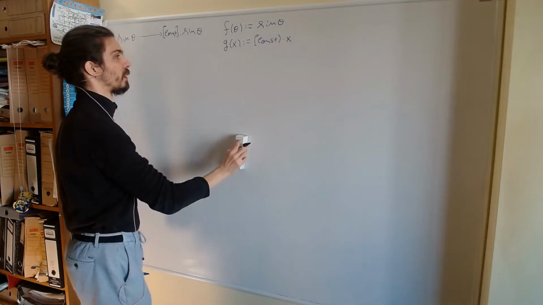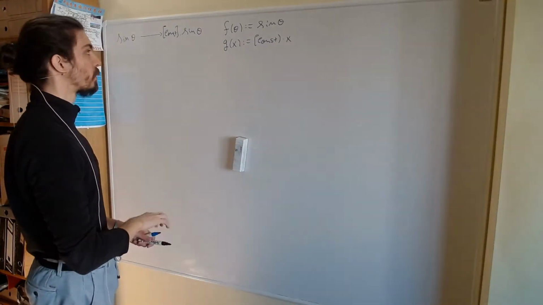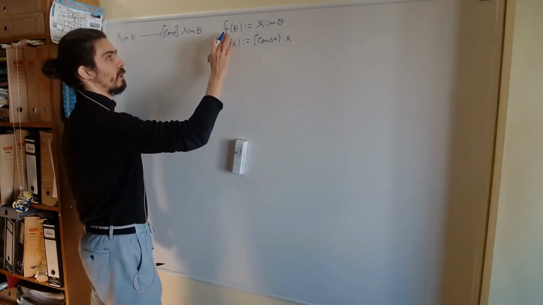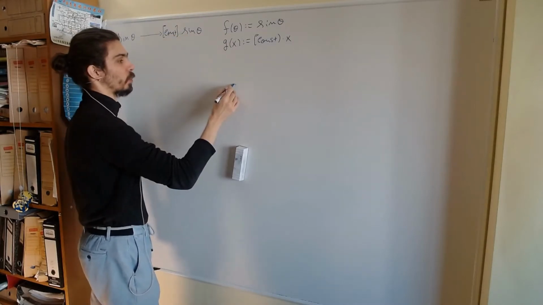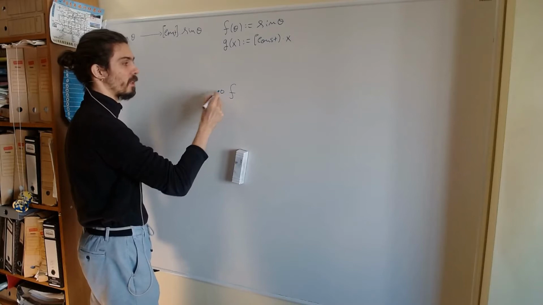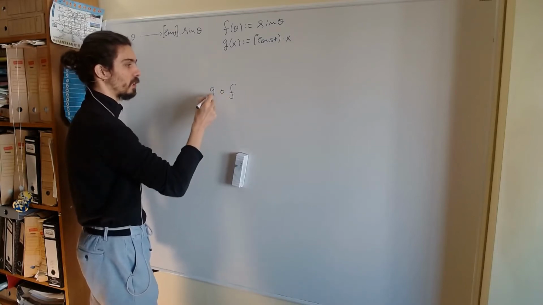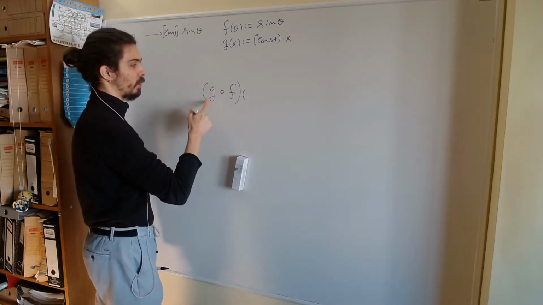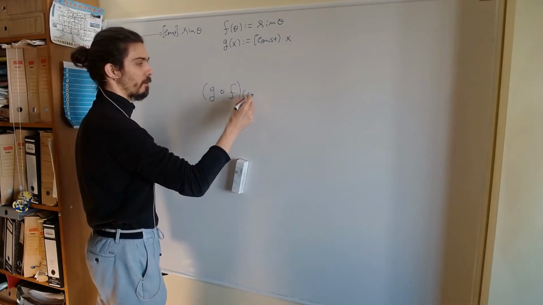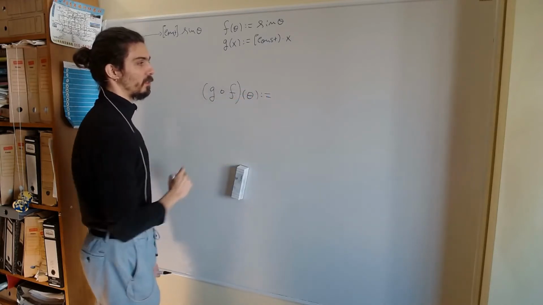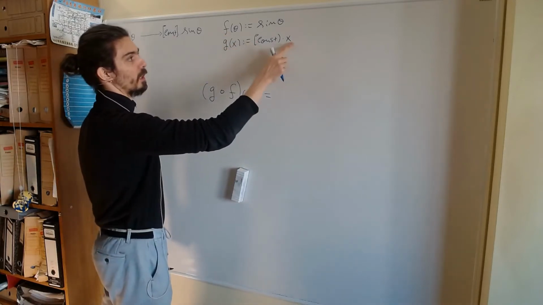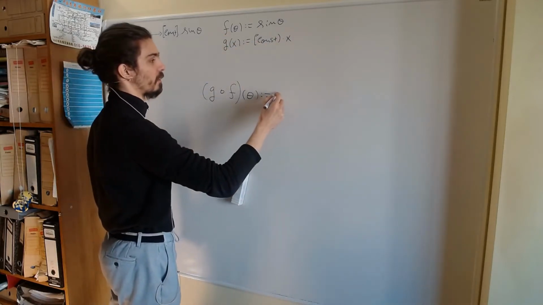With these two functions, we can now make the following composition. First, you act with sine on theta, so the first is f, and then you act on f with the function g. So g of f as applied to the variable theta gives you, well, you just put f here at the x, so you have the constant